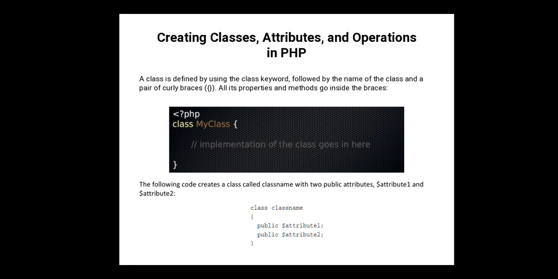The following code creates a class called ClassName with two public attributes, that is attribute 1 and attribute 2. So you can see class name, public attribute 1 and public attribute 2. See that you should define the dollar symbol here. Okay,